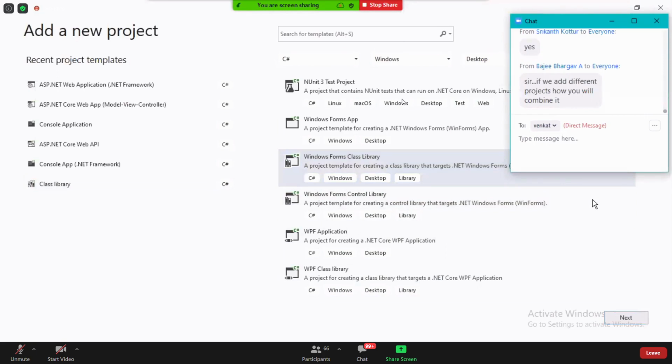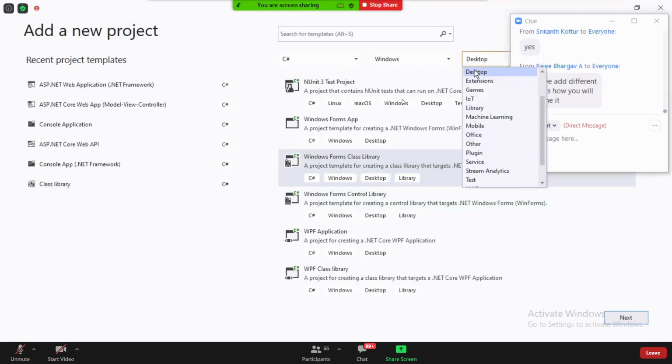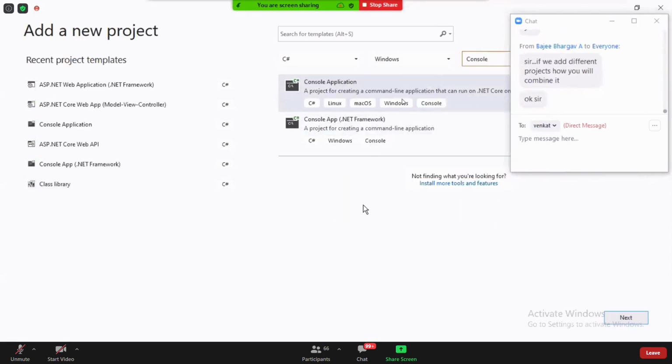I'll show you practically. See, we are doing this for the first time. So I'm not going to confuse you right now. But in the next example, I'll show you adding different language projects in the solution. I'll show you. Okay? Guys, watch. Now I'm selecting a console application only, C# only. But next example, I'll show you changing the languages, changing this, everything I'll show you.